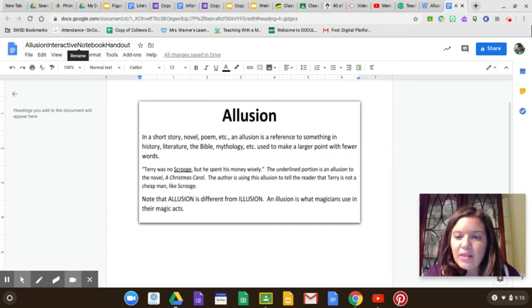So allusion is one that I remember we talked about a lot when we were doing Number the Stars. In a short story, a novel, or a poem, an allusion is a reference to something in history, literature, the Bible, mythology, etc. It's used to make a larger point with fewer words. So remember when we read Number the Stars, there was a whole chapter in the book where they were referring to Little Red Riding Hood. The author, Lois Lowry, was comparing